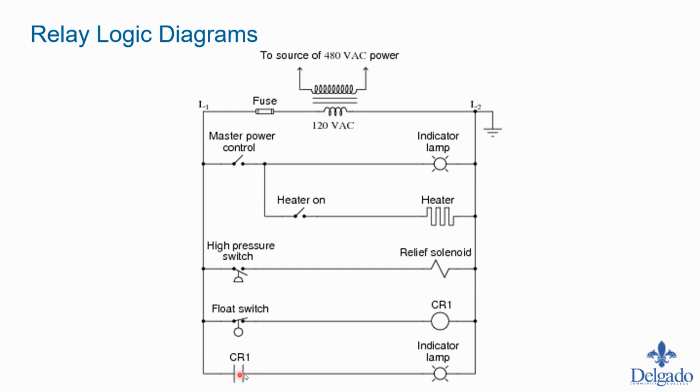This contact here means it's closed because this CR1 is energized. Therefore, this normally open contact will change its state from off to on, which indicates that this indicator lamp is always on. As long as this float switch is in this normally closed state, this lamp will be on. When this float switch opens, this drops, and of course the light no longer turns on. All right, so